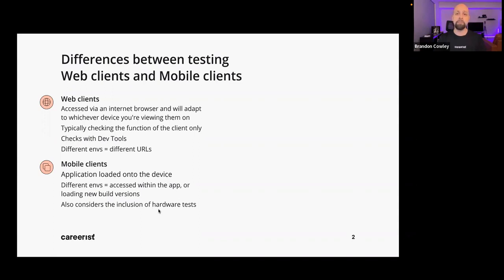Let's contrast that with mobile clients, so things that are on your phones, right? The application is loaded directly onto your device, as opposed to you going out and accessing it with a web client. So no Chrome. Yes, you have mobile browsers as well, and you can do that on your phone, but chances are you're using apps, so you're loading that directly onto your device. Five points: who in the chat can tell me the two file types that we would be loading up, whether it be iOS or Android?